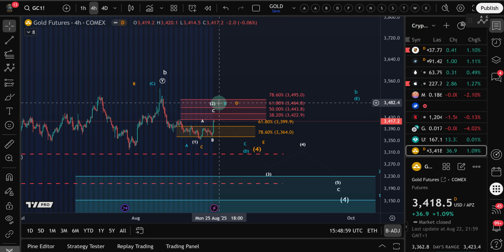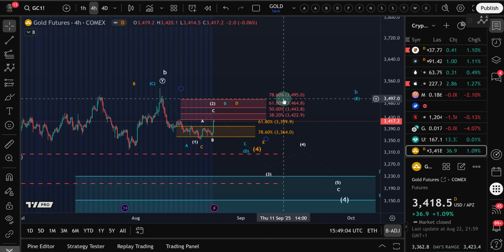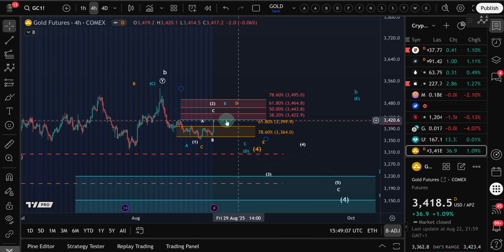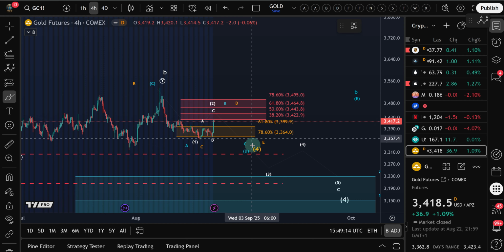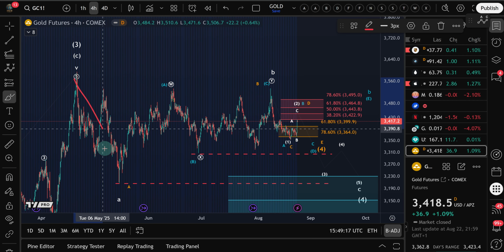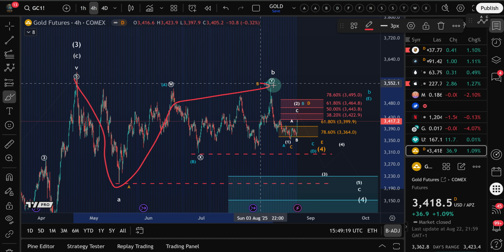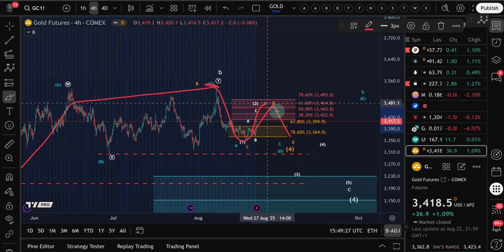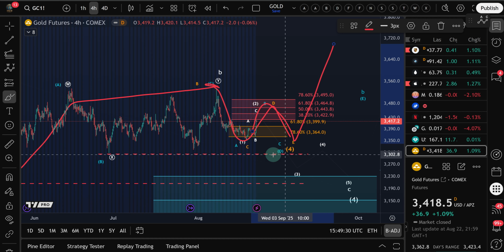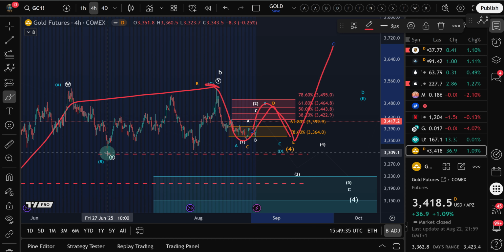There are other scenarios. In each scenario, the resistance area plays an important role. What we can talk about is if this resistance area breaks, and or if we get 5 waves up, that could be a meaningful low that formed. Please note that, for example, also in the orange count, which means that this is a triangle A, B, C, D, E, in this scenario we might even get the completion of the triangle after the next higher low and then break out. But also here, this scenario is valid as long as we are holding above the red line, which is the end of June low,